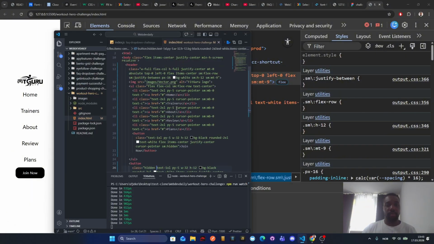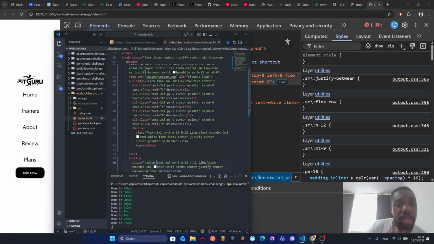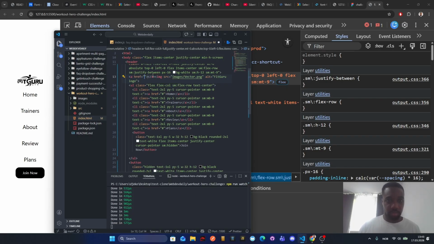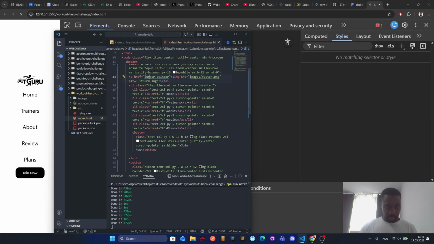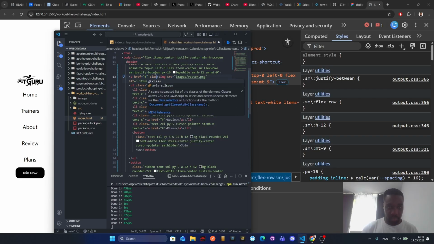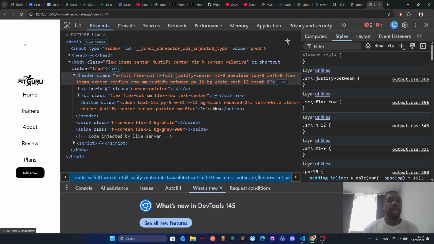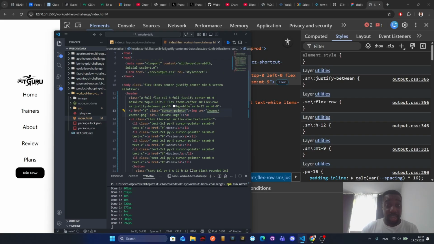So the logo is usually clickable, so we should wrap it in an A tag, like this. So when you click it, it should lead somewhere, right? But yeah, we're gonna move it a bit up. So I'm gonna say